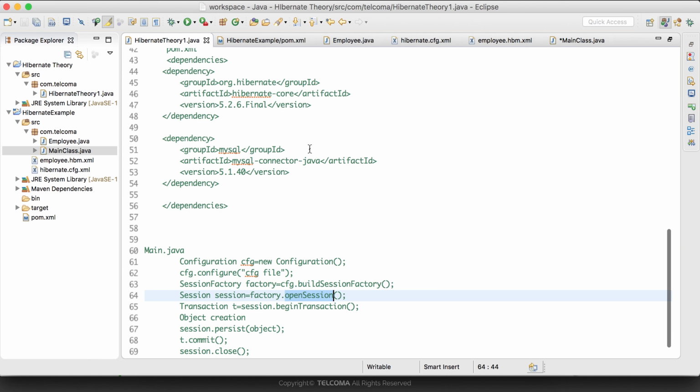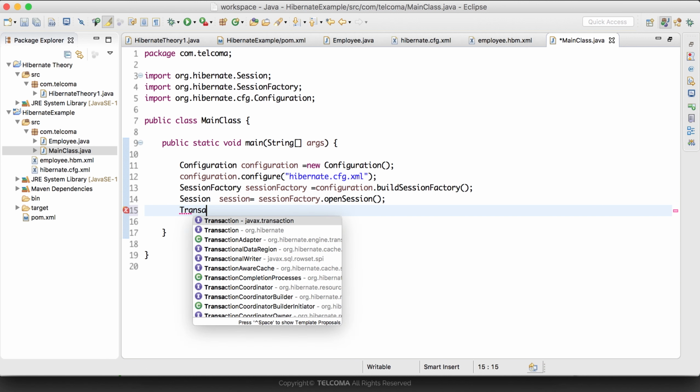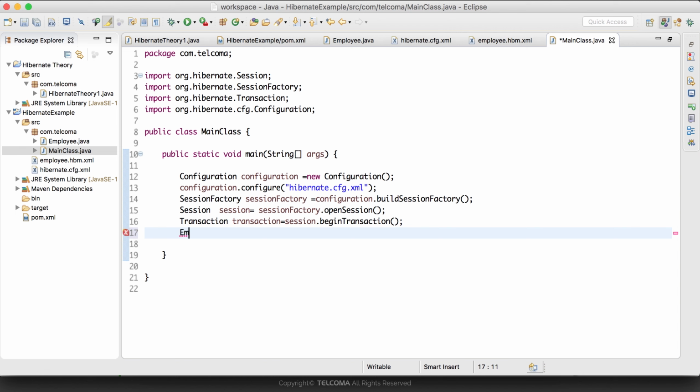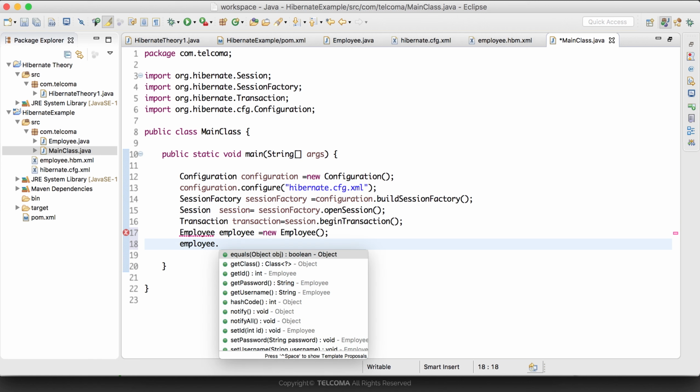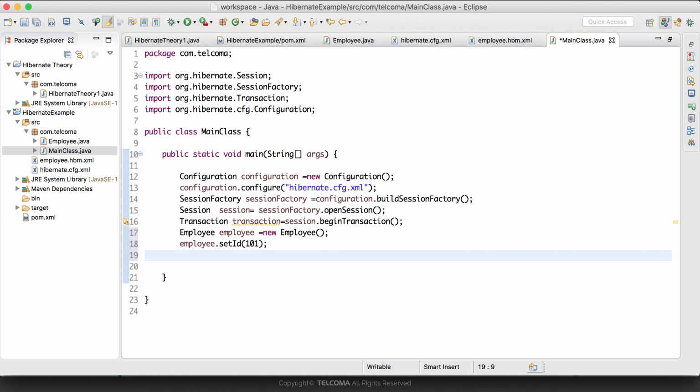What is the next step? We have to create a transaction and begin the transaction. So here, Transaction, Hibernate transaction is equal to session dot beginTransaction. Now I will create the Employee object, and I will add the values: set id 101,